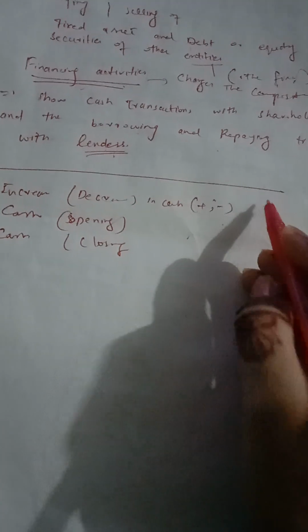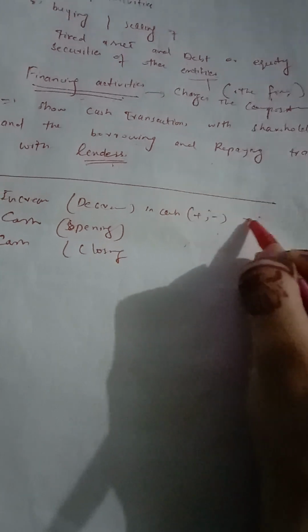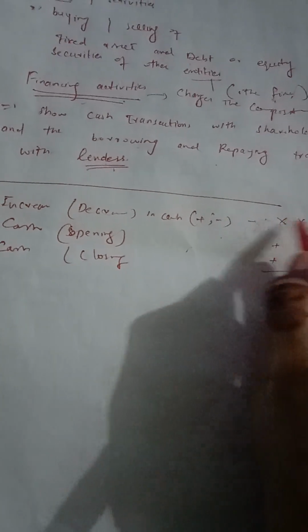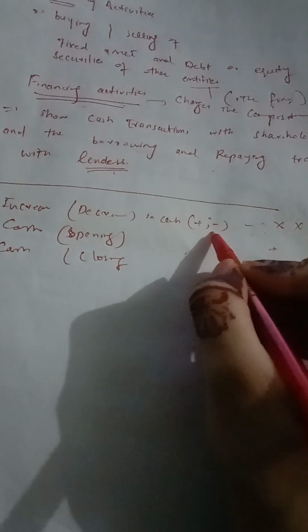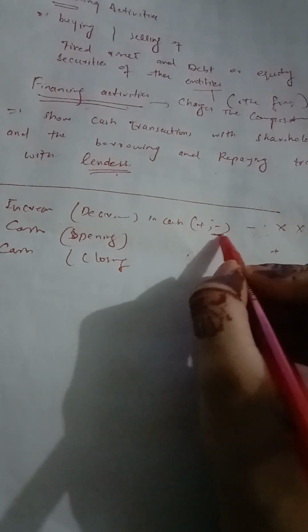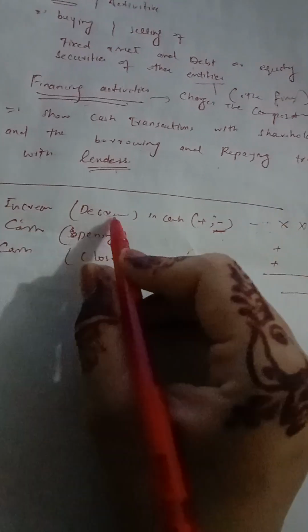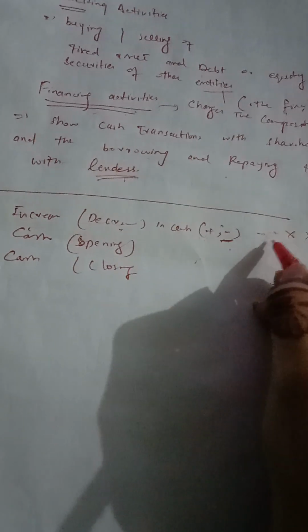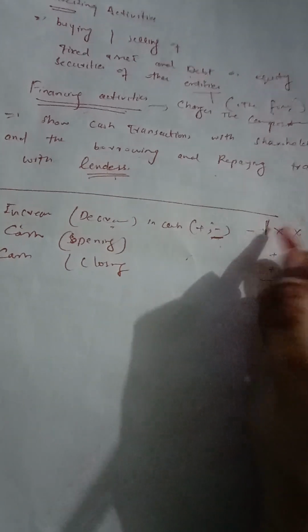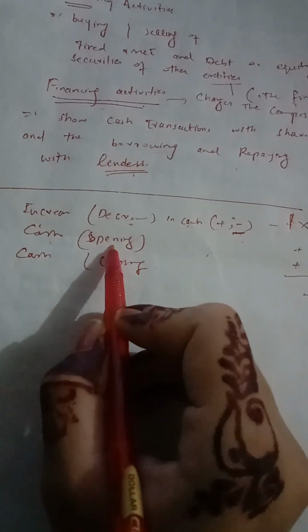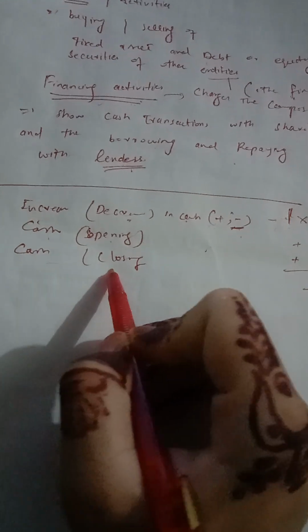After that, the next operation will be increase or decrease in cash. Whether your cash is increased or decreased, if it is increased, then you will add it, and you write it without brackets. But if you make a loss, it means your cash is decreased and you have to subtract it, so you write it in brackets. And after this, you have to write down the opening balance and your closing balance,